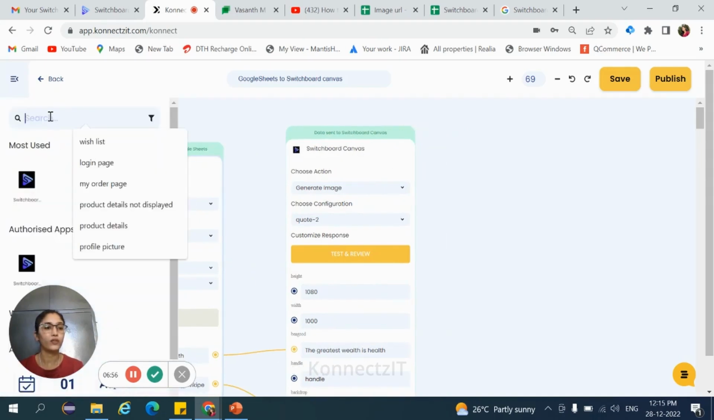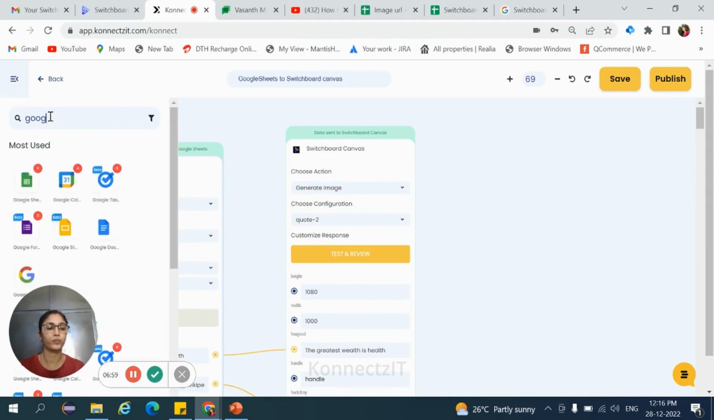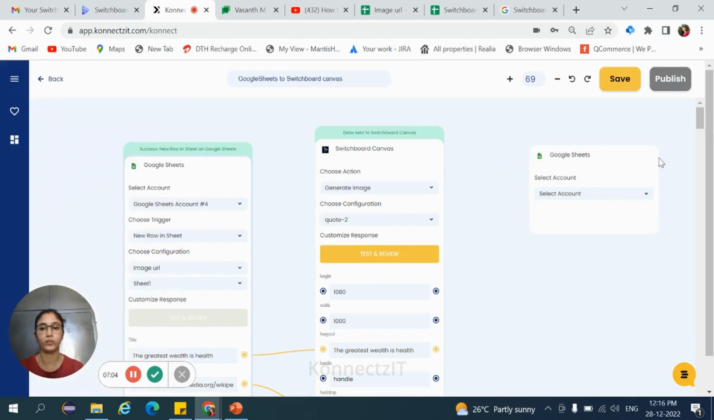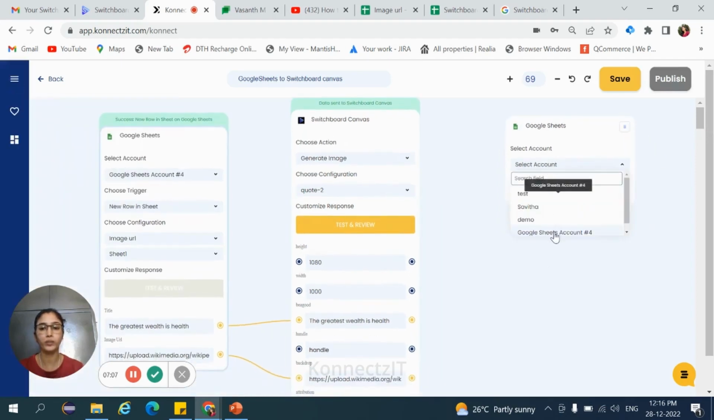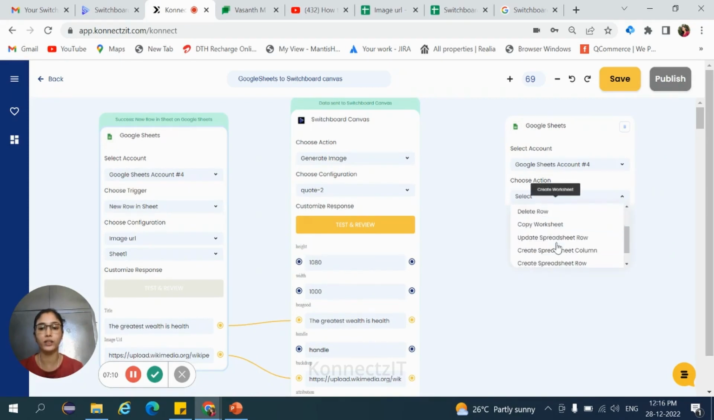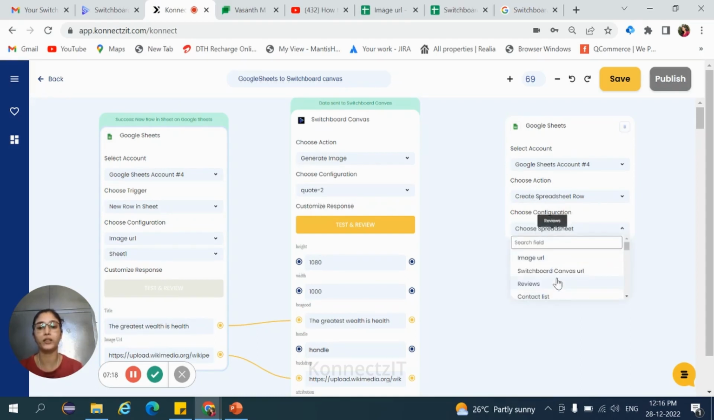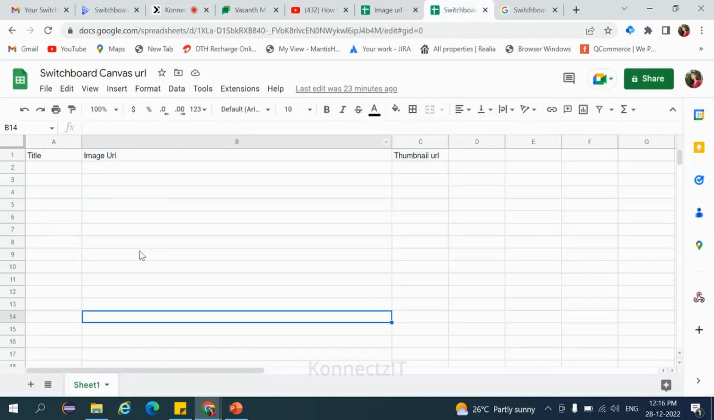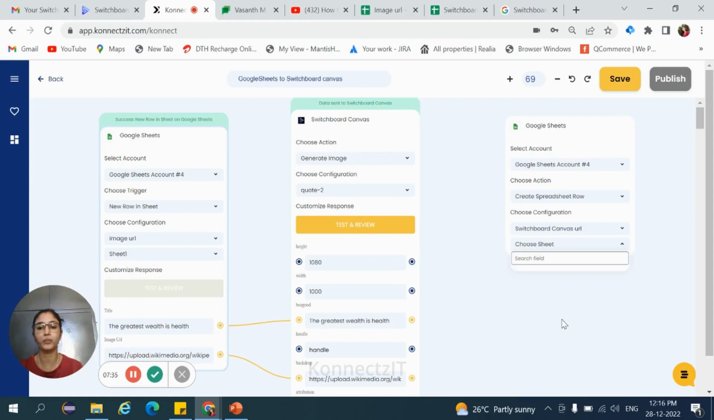Now search for Google Sheets, drag and drop Google Sheets, choose your account, choose the action, that is create spreadsheet row, and now choose the spreadsheet. So my spreadsheet is Switchboard Canvas URL. So go to the spreadsheet. So here I have already created some columns with title, image URL and thumbnail URL. And go to your KonnectzIT account again, choose the sheet,